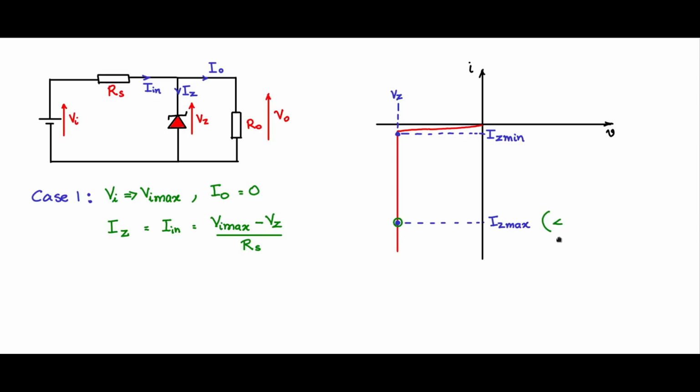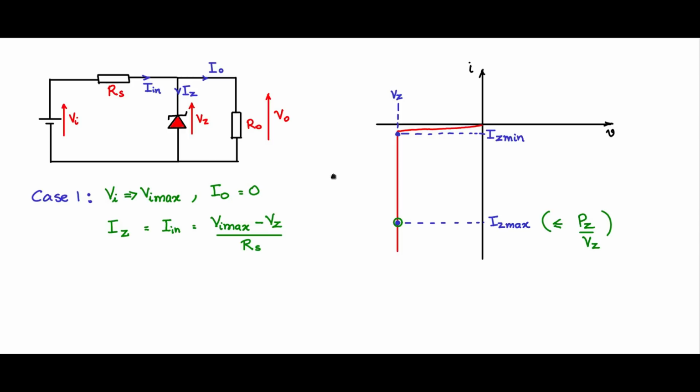And see to it that it is less than or equal to Pz by Vz. Pz is the Zener's power rating. When you select a Zener, it will have a power rating in the data sheet. You will have a 1 watt Zener, you have a 400 milliwatt Zener. Whatever that power rating divided by the Zener's Vz will be the limiting or max permissible value of Iz. So this Iz value which you calculate here should be less than that, so that the Zener doesn't blow.